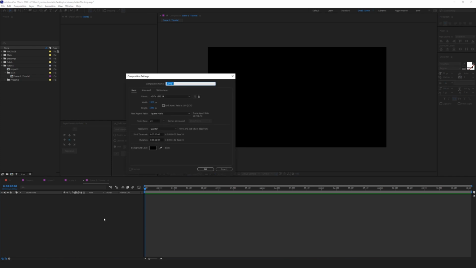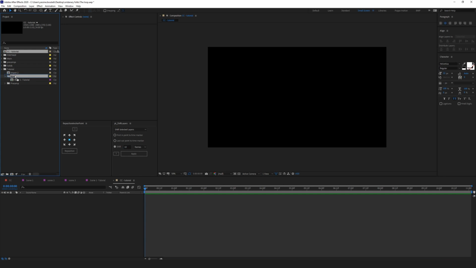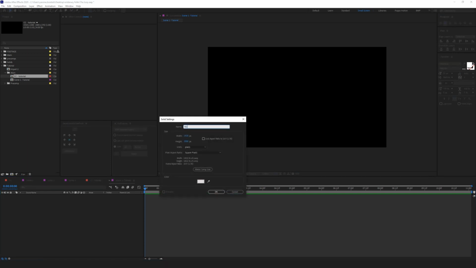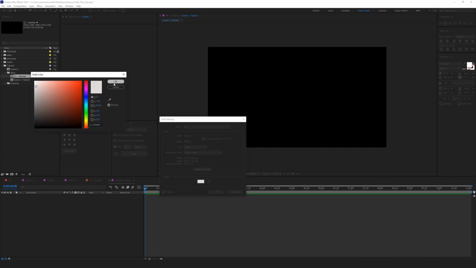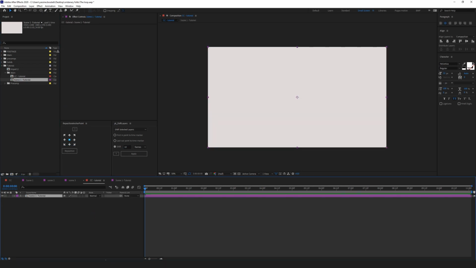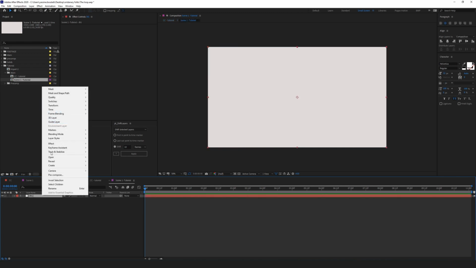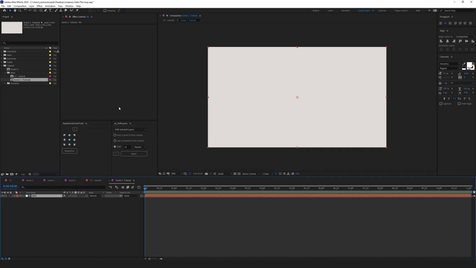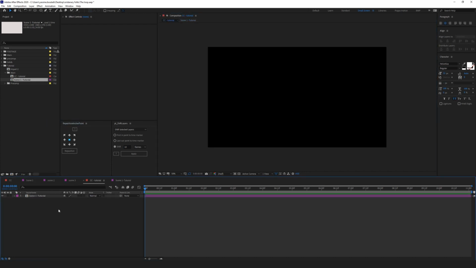Let's create a new composition. Let's call this CC tutorial, just for the sake of understanding what's going on here. I'm going to make sure that this is red. This is the CC tutorial, and this is the scene 1 tutorial. So I'm going to go here and create a new BG with this kind of color and put it here. If I go to CC tutorial and drop in the scene 1, I'll have the scene 1 with the background. But then if I go inside here and take this and make it a guide layer, so right click, Guide Layer, and I go back to my CC, I don't see the BG anymore.